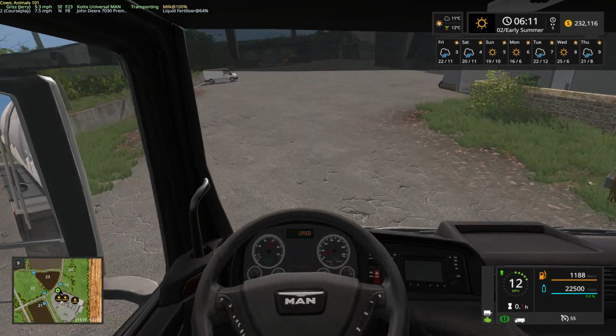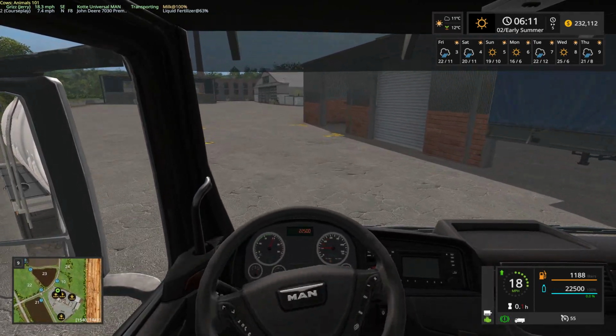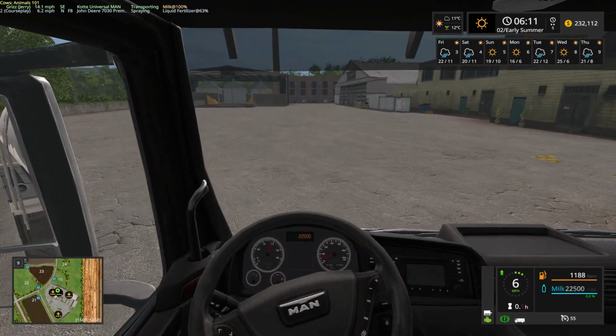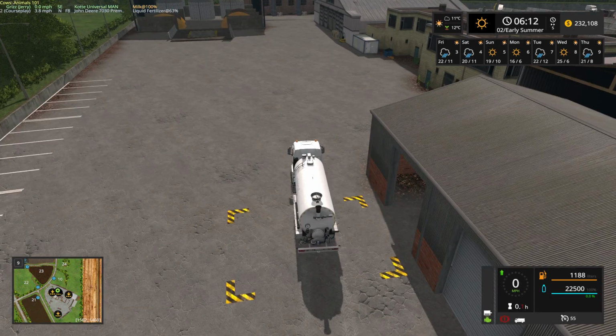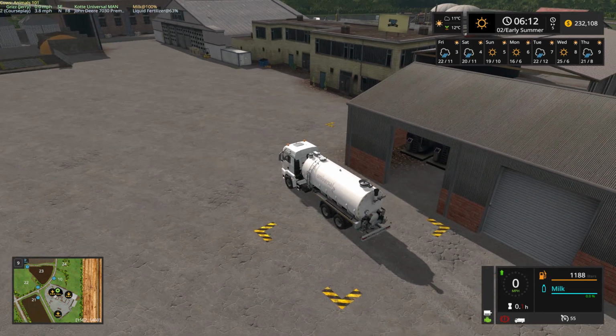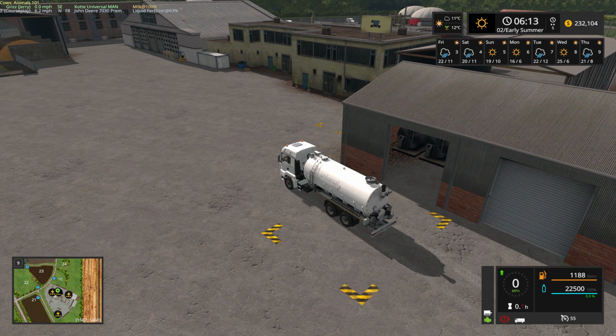So just bear with me if I do fail to remember to stay on the correct side of the road. All right, so here is our milk sell point, and of course I just dropped these in primarily because as far as I knew, there was no way of selling milk here on this map without putting in the buy point, the sell point, and such. So let's go ahead and unload our milk and see how much money we make from selling our first load